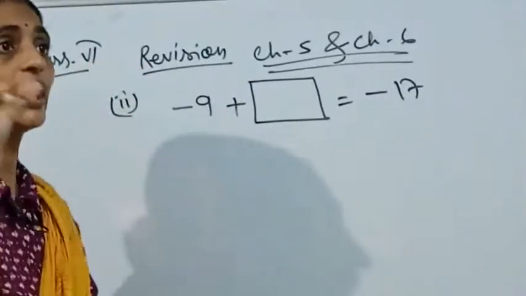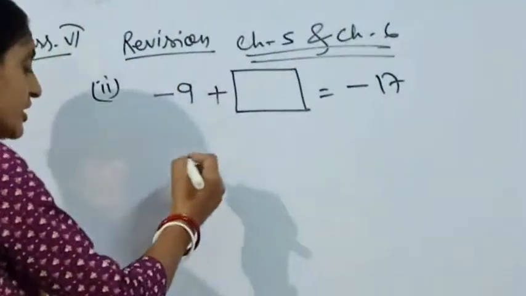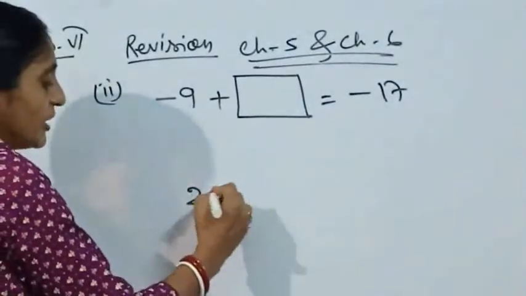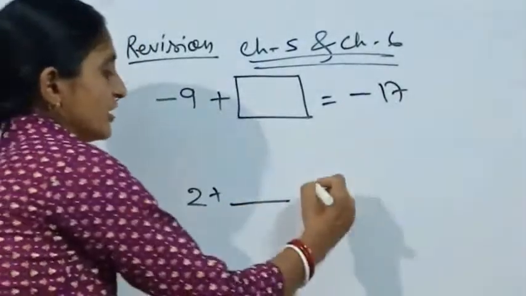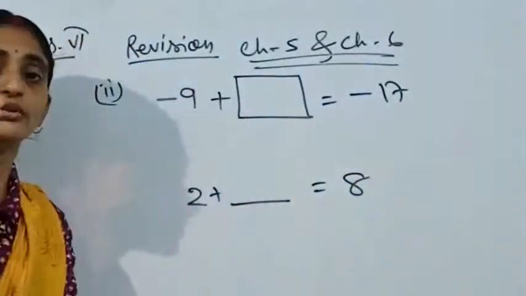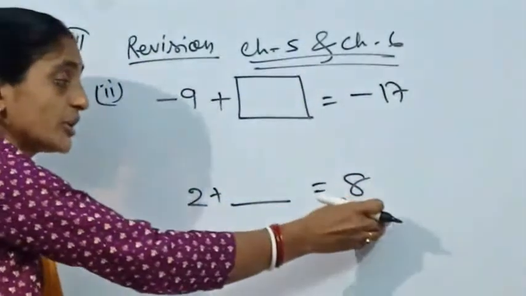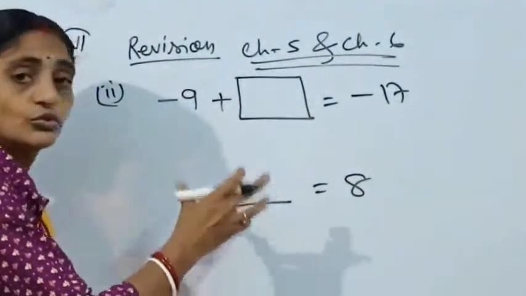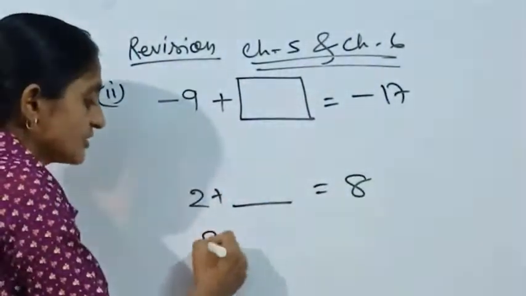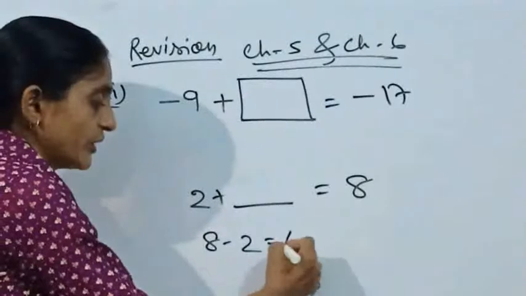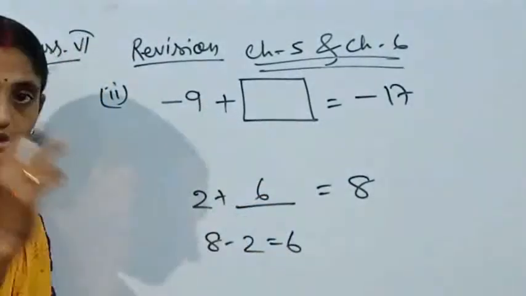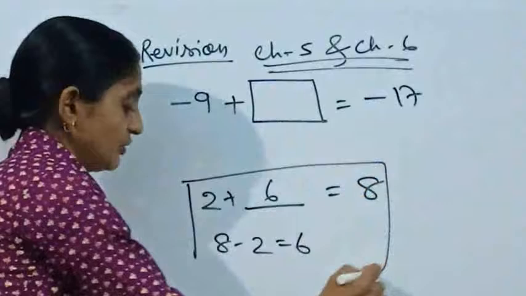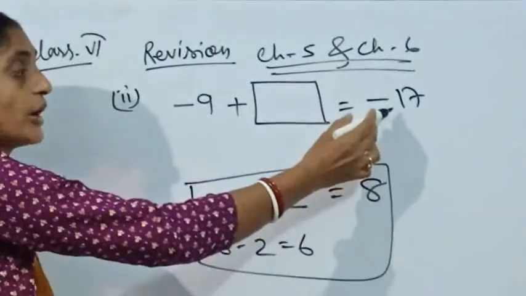Otherwise, when the sum is given, I am telling you one trick. Let's say two numbers are given, or you know only one number and you don't know what will be added with it so that you will get 8. What will you do directly? The sum you are getting is definitely the bigger one of these two. So your concept will be, in this case you will subtract these two and find out 6. That 6 will be put here. Here also I am going to apply the same theory. This is an example I am giving, but here also I am going to apply the same theory.